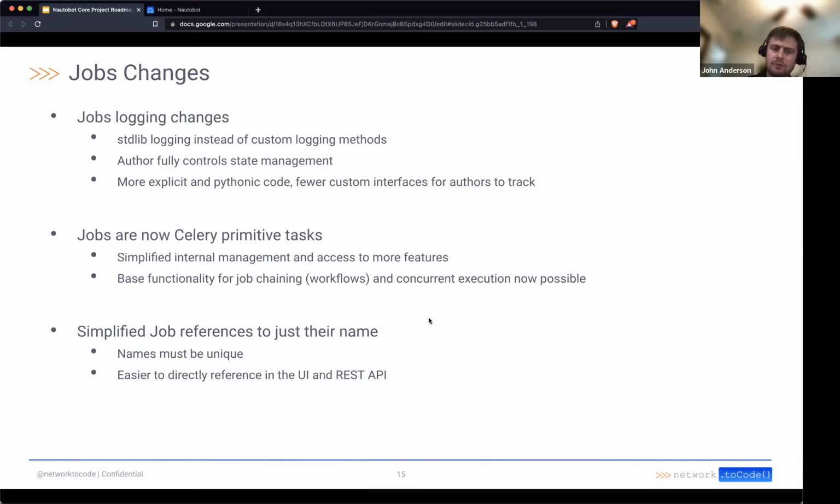A little bit lower level, probably doesn't have a lot of relevance to end users and so forth. But as a job author, you can know that jobs are now celery primitive tasks. Sounds cool, but what it means at the end of the day is that we are opening the door to some of the more advanced celery usage for things like job chaining, which will be formal workflow support. So execute one job, now execute another job, and have that wrapped up into a workflow and so forth,